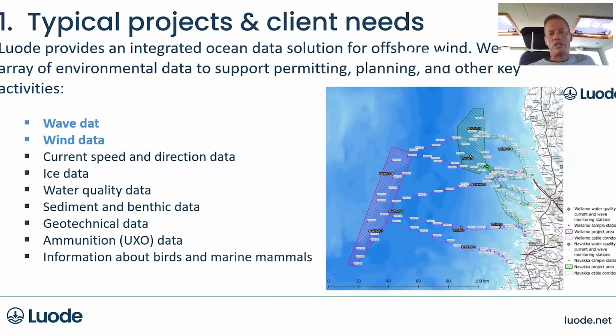Another parameter which is interesting is of course the water quality data. This is mainly related, once again, to the environmental impact assessment phase. Then sediment and benthic data is something that we are collecting. As you can see, there's a map of one client's project